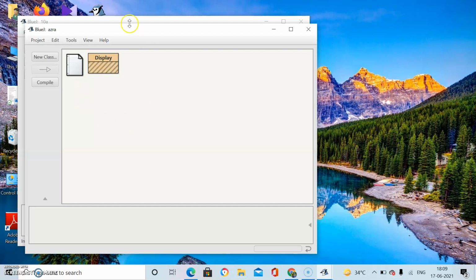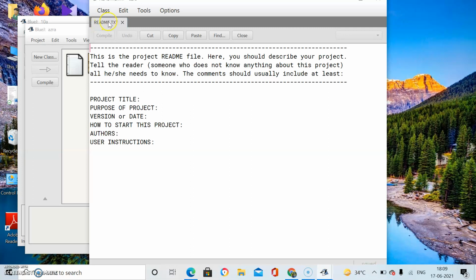Now where will you write your program? Listen very carefully. One striped box is there, that is your class, and there is one text page, like some object. I am opening it. Here it is written readme.txt.